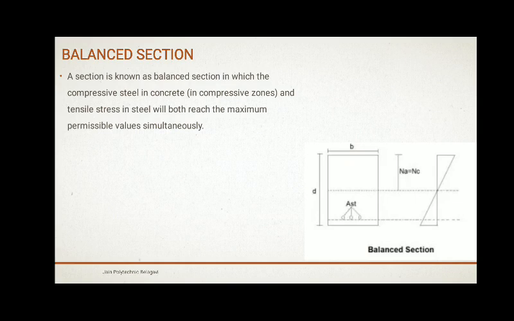Means it is called as a balanced section when both the reinforcement in the upper section, that is compression, and the lower section, that is tension, reach the maximum value, that is NA is equal to NC. Neutral axis of balanced section is also known as critical neutral axis.